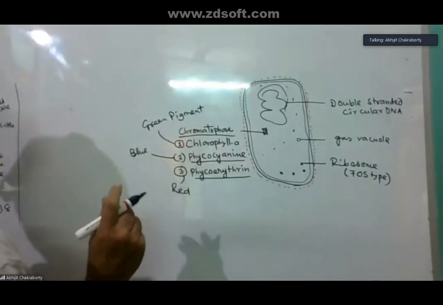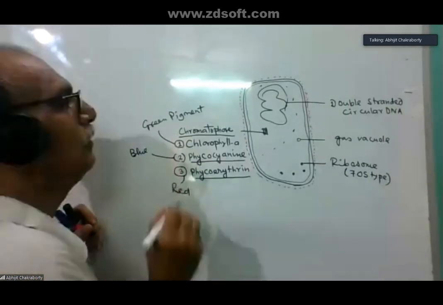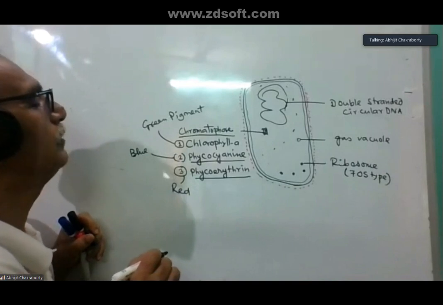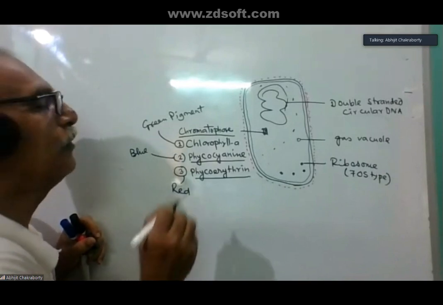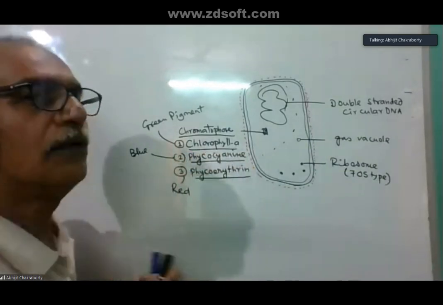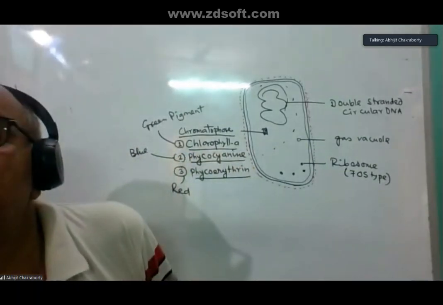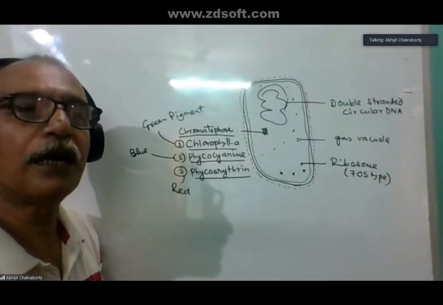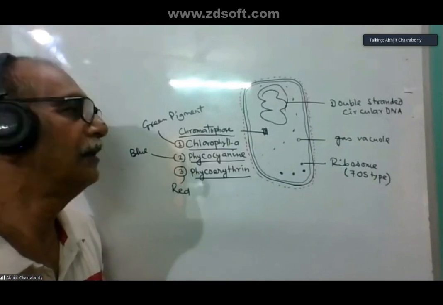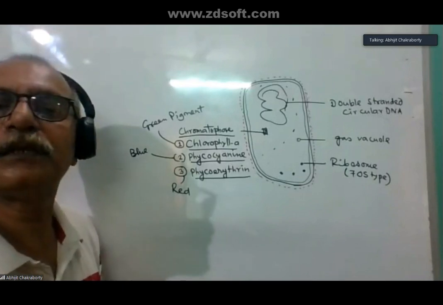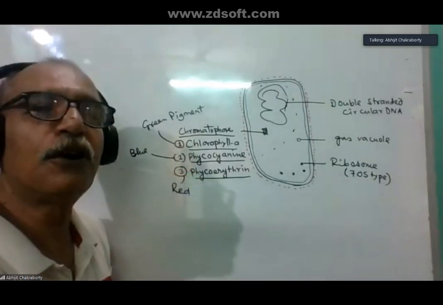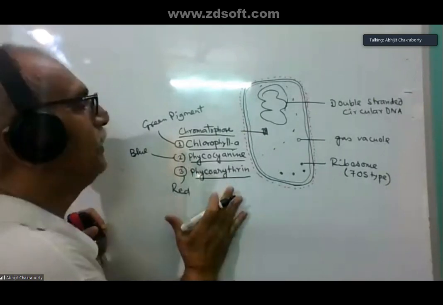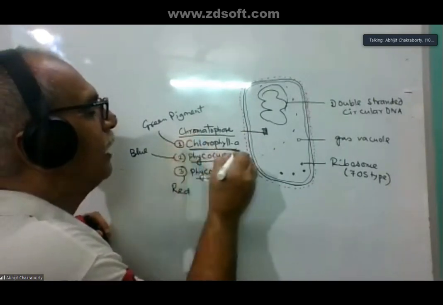In cyanobacterial photosynthesis, oxygen is evolved as a byproduct. That means whenever cyanobacteria evolved, from then onwards, oxygen started to add to the atmosphere. Because in bacterial photosynthesis, oxygen is not at all evolved. So this is the pigment for photosynthesis, chlorophyll A,